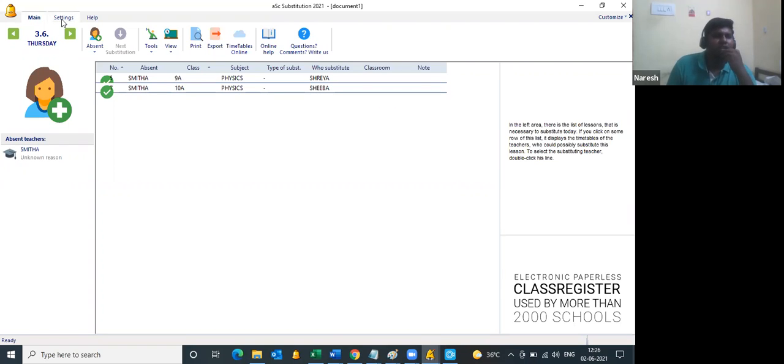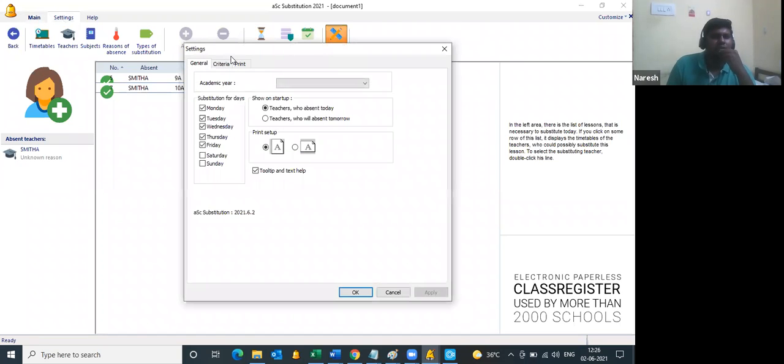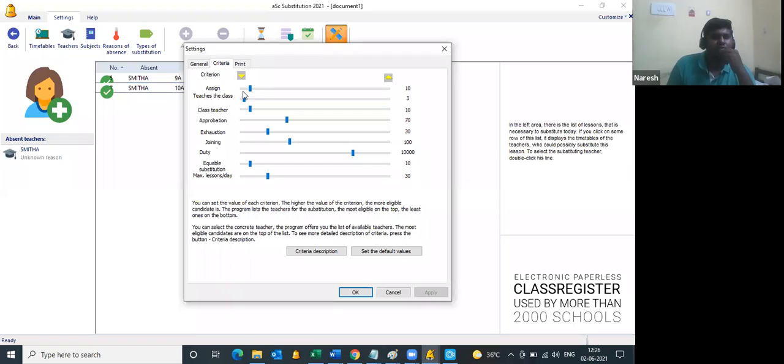Or only those teachers and the class teacher. So I click on settings, options. In the options you have criteria. You have to move this, teaches the class, to the right. This gives the probability that the teacher who teaches the class and the class teacher will be assigned higher priority.